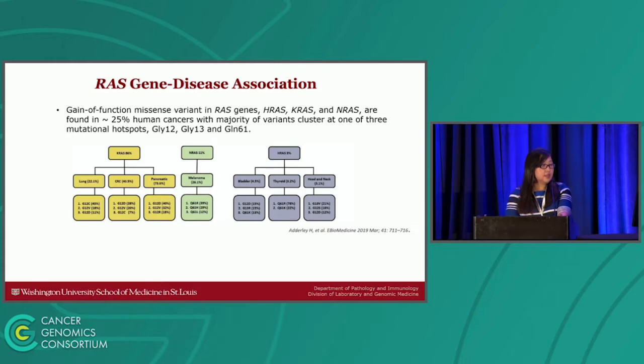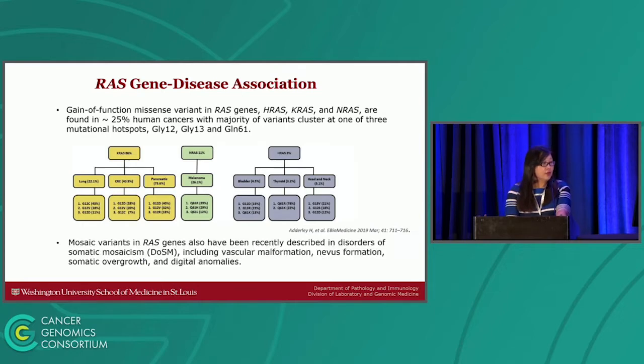Mosaic variants in the RAS genes also have been recently described in disorders of somatic mosaicism, including vascular malformation, nevus formation, somatic overgrowth, and digital anomalies. Those pictures of the affected tissues that you can try to recall were shown in Dr. Cottrell and Dr. Kuma's presentations. So for us,